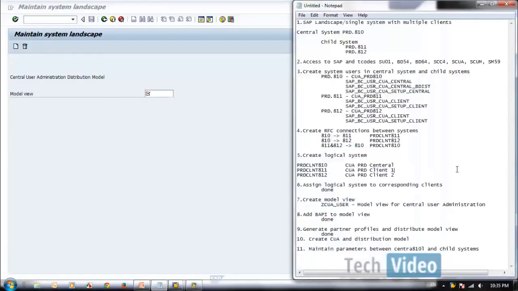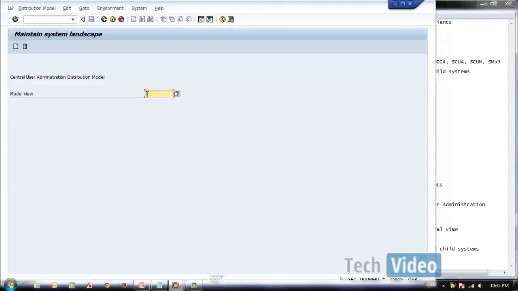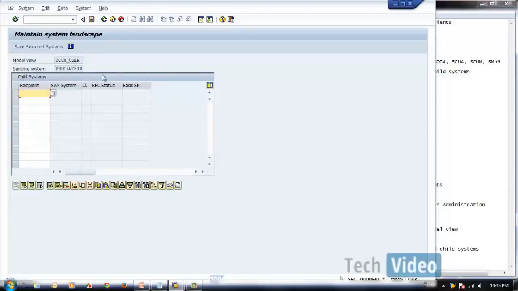Let's give the same name as our ALE model, set underscore CUA underscore user. Let's say create.